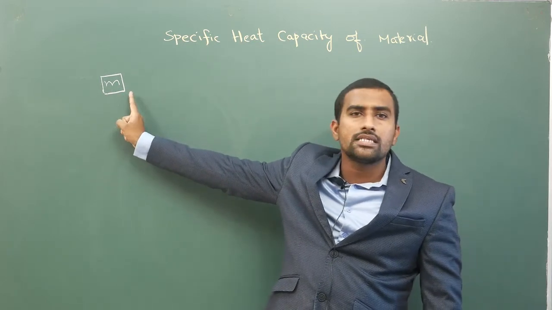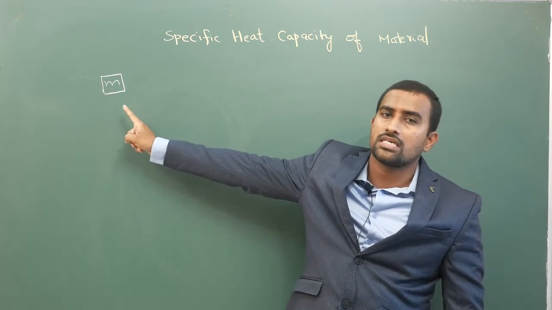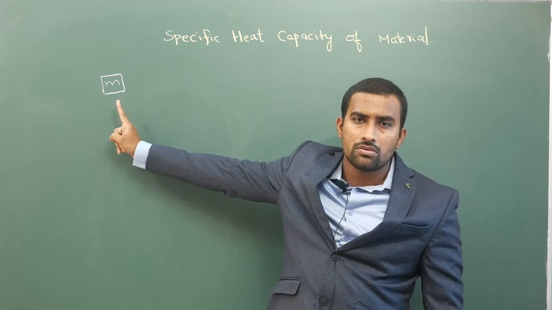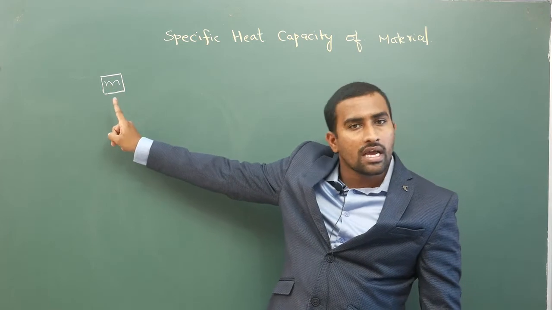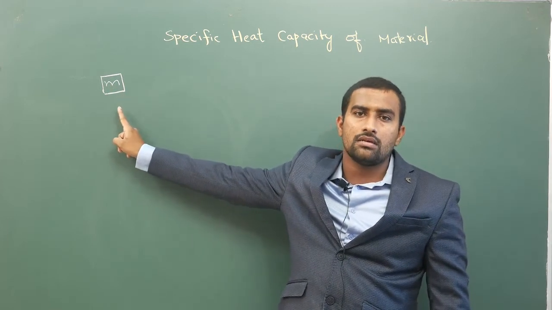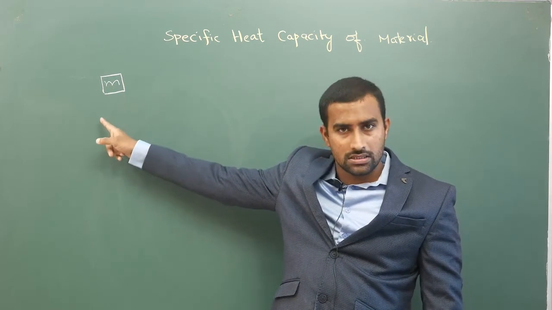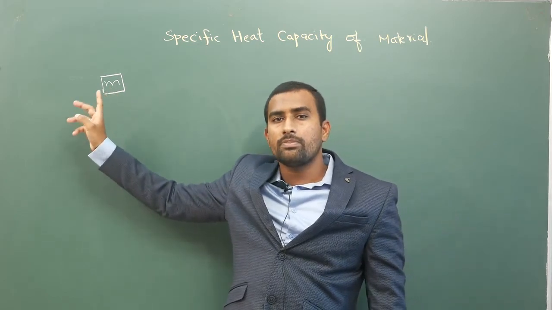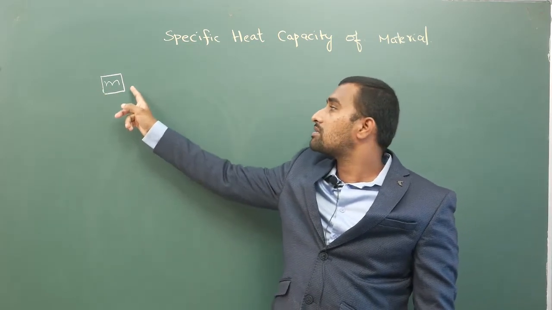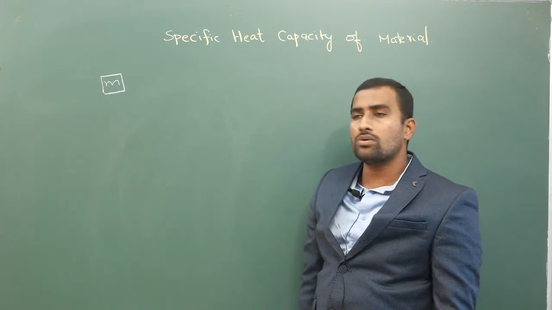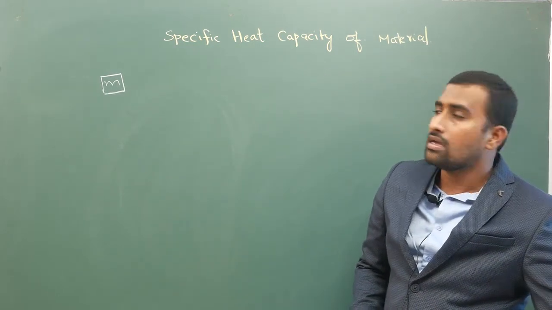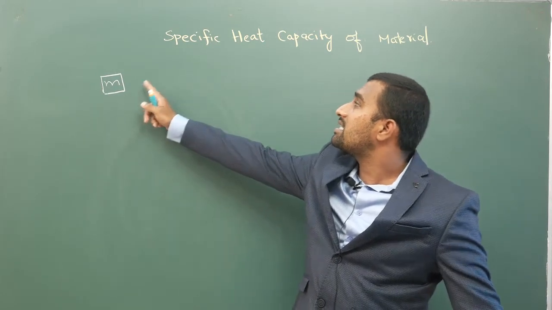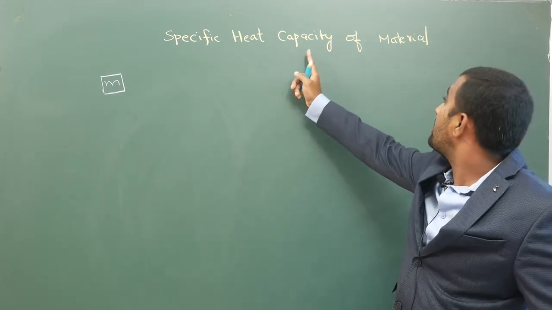If I give heat energy to this substance, this body will absorb heat. Now, how is this heat energy related to the type of material, temperature, and mass? That relation is based on experimental results, and I am going to write it here. Once you know that, from the heat energy definition we will come to specific heat capacity.